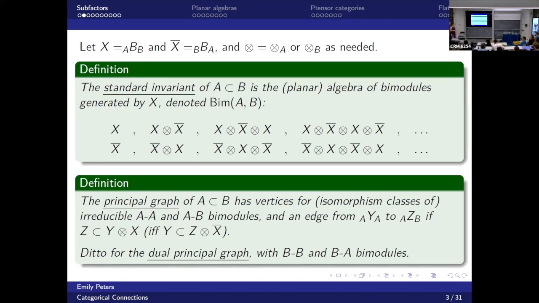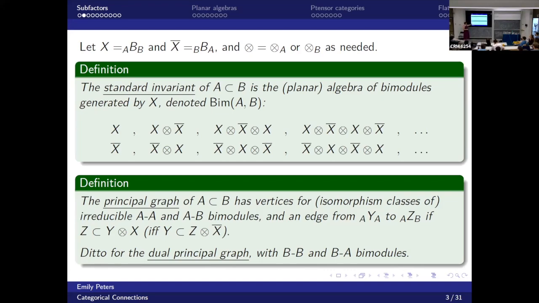Okay, so we have the index, which is a number, and we have the standard invariant, which is a big collection, some sort of algebraic data. And in between these 2 is the principal graph. Okay, and so this is a graph that represents kind of the tensor structure of these things. So you take a vertex for every irreducible bimodule that shows up somewhere here, and you connect 2 of them if, when you tensor,